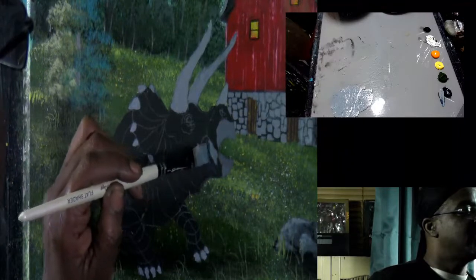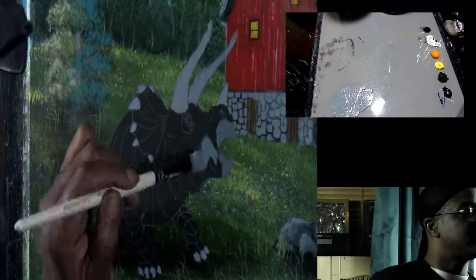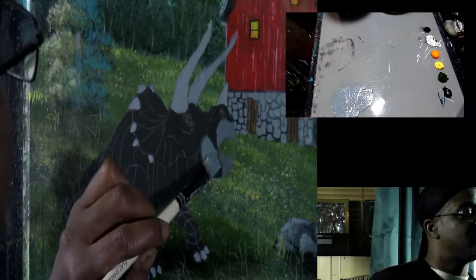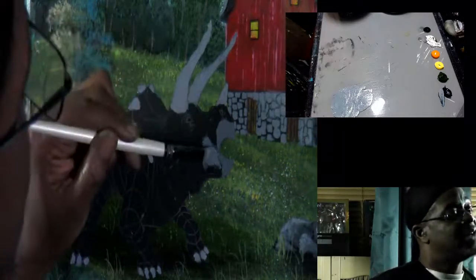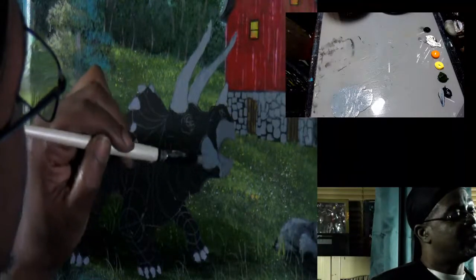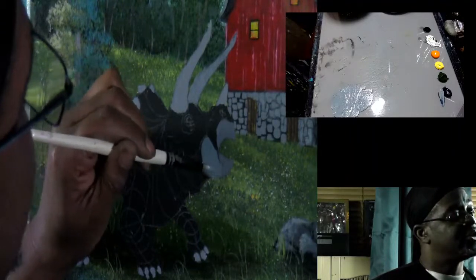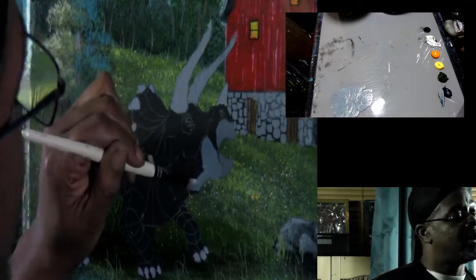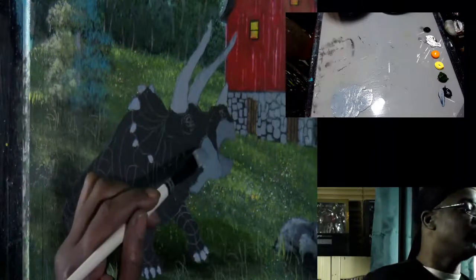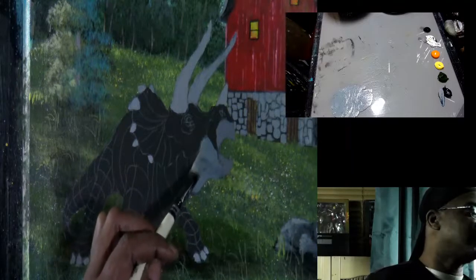Now I could also use a different brush. I don't necessarily have to use a flat brush and whatnot to do this. I can use a round brush and do this. Now I know what his roundness and his shape is going to be, so I'm not really worried about painting over that. I did that more for you. Well, not really for Shane. Shane paints beautiful creatures